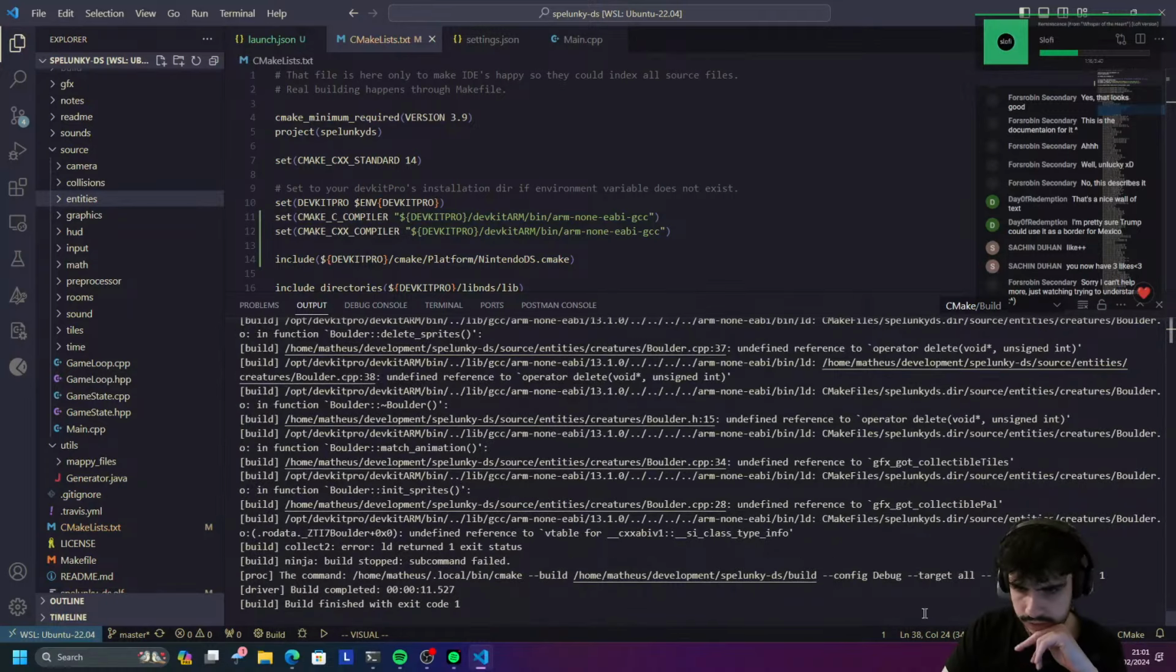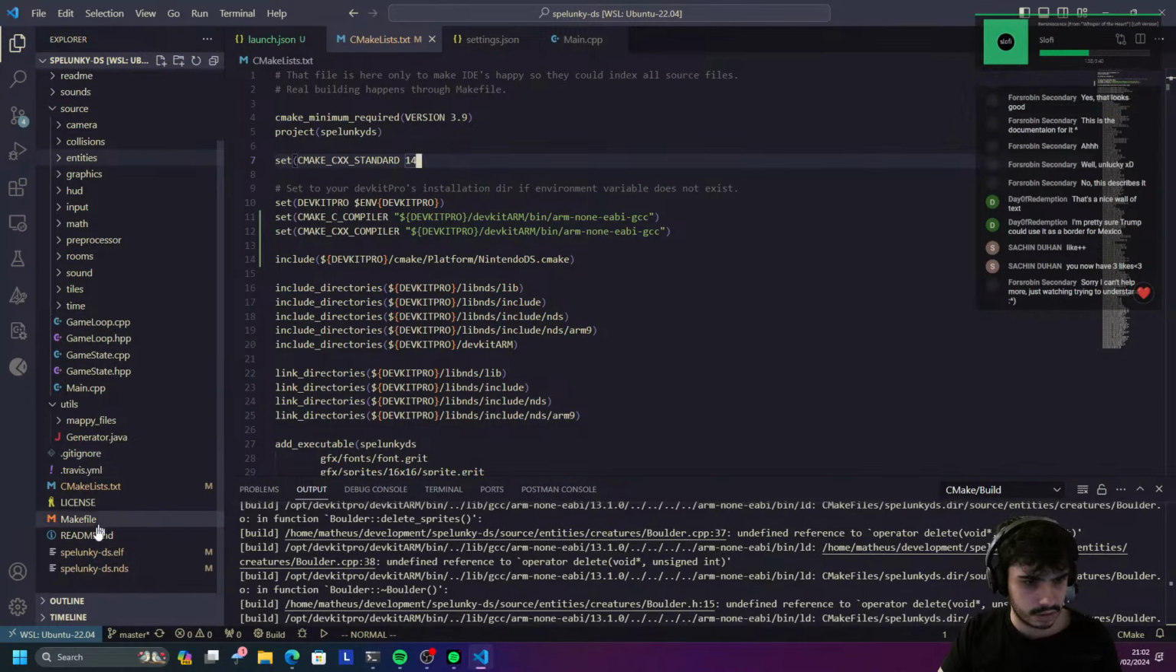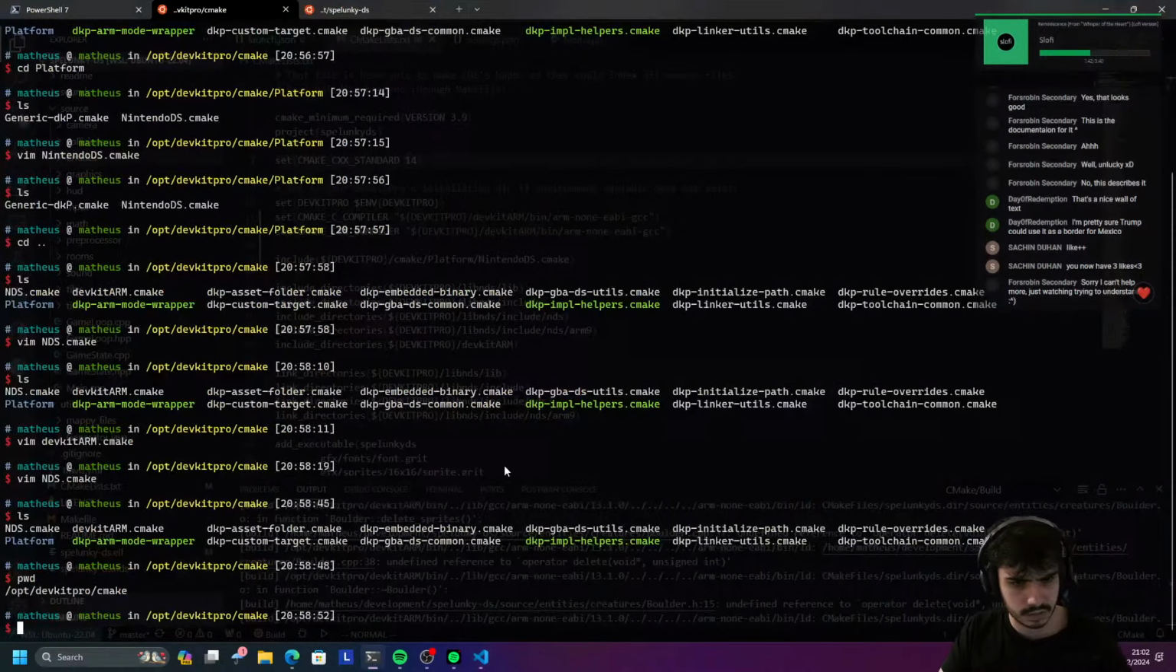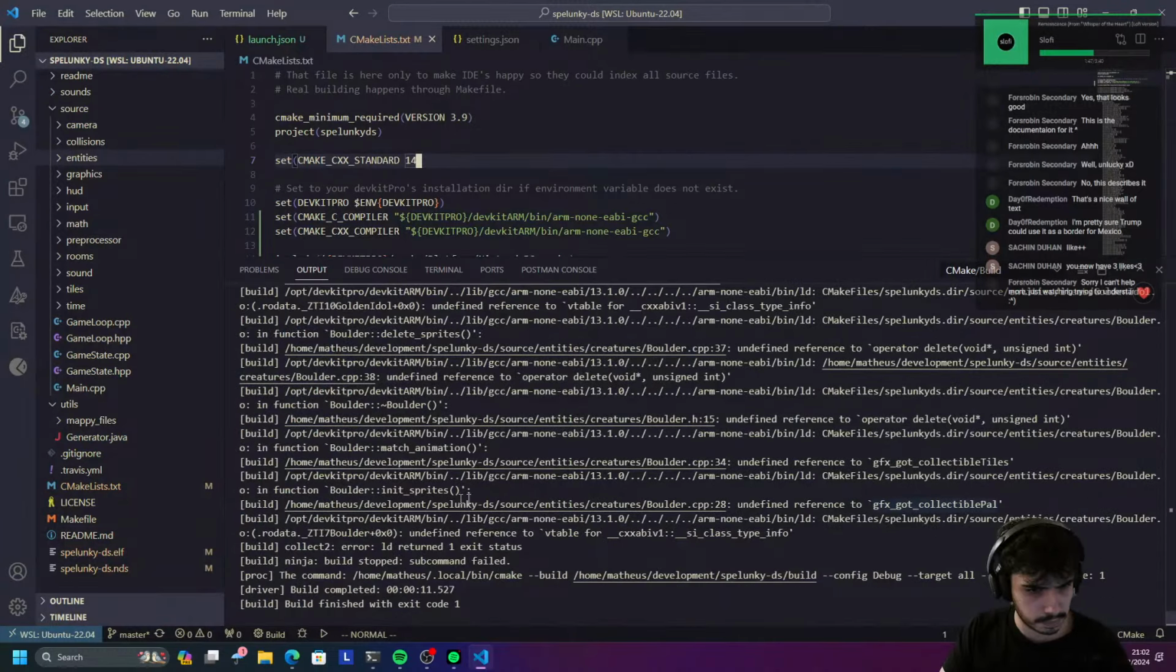Or am I incorrect? Let's see. Yeah, like undefined reference to GFX got collectible PAL, got collectible. This is not really the standard library. This is whatever this Spelunky thing is supposed to be linking against. Which kind of sucks, but